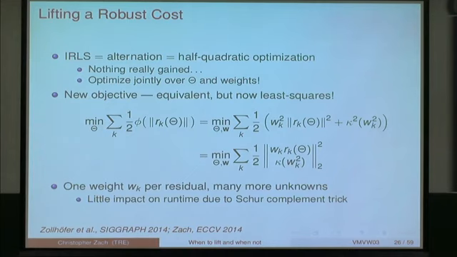So essentially, at the end of the day, using this lifted formulation, you can rewrite your robust cost as a pure and not so difficult nonlinear least squares problem, and you optimize it jointly over everything. And because this confidence weight is really per residual, it doesn't hurt the sparsity structure of the involved Jacobians and approximate Hessians. So it is, up to some small constants, equally efficient as not adding robustness at all.